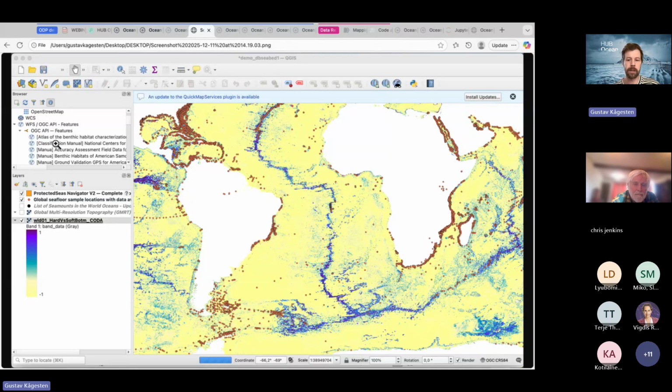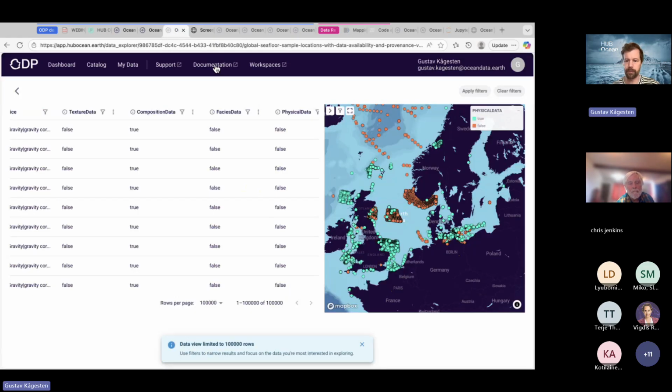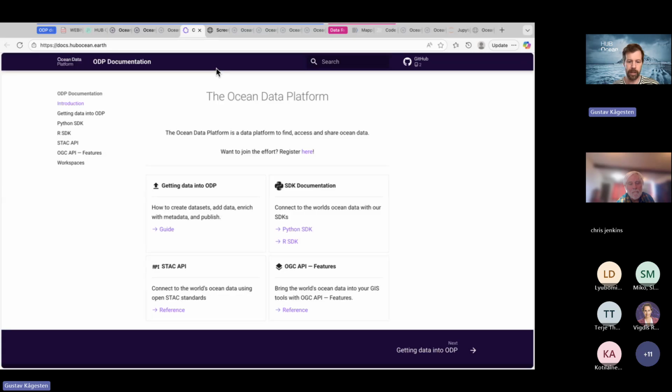It has a good little documentation on the platform page. So this means you drag and drop your geotiff, but you can also then get these sample locations, and that's quite nice. Again, for documentation, just go here and have a look at the OGC features.